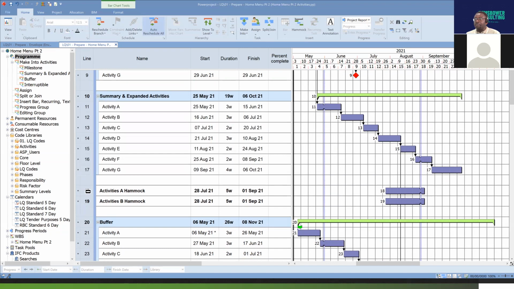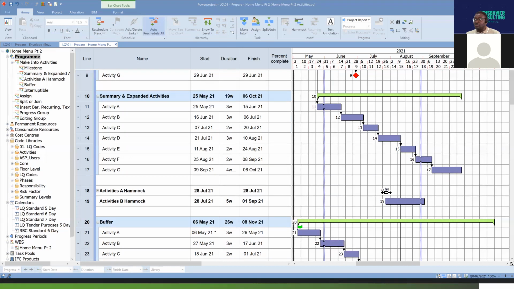Now, I'll give you a quick example. Let's convert this to a Hammock. This is a bar, so let's make it into a Hammock. Once you make it into a Hammock, it assumes 0 duration because there's nothing inside that Hammock as yet. Now, let's assume I want to move this activity B into the Hammock. Because I've created a Hammock in the program, you would notice that tool is now highlighted because the program is sensing that there's a Hammock. So if I click on that tool,